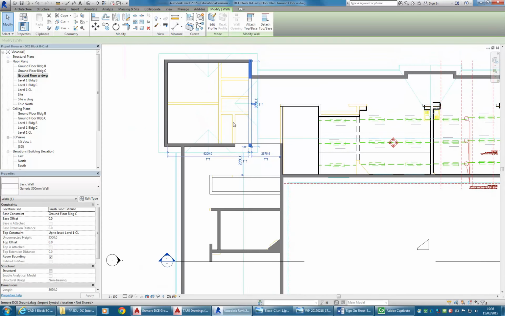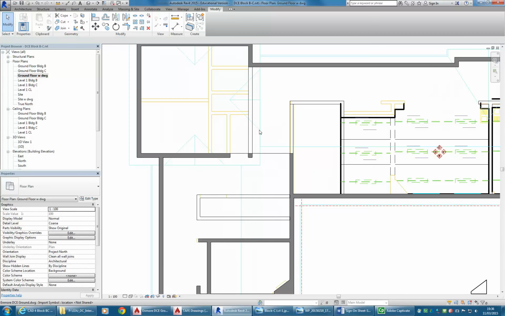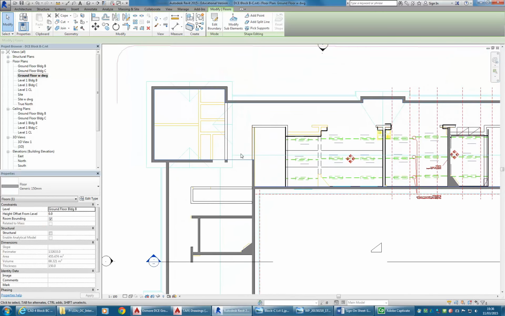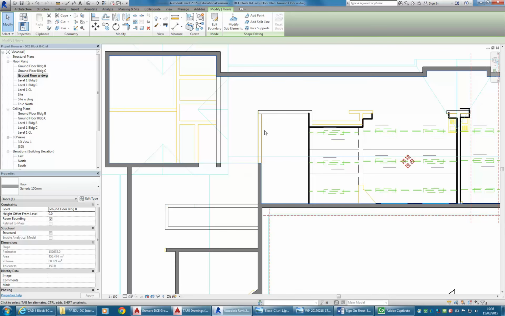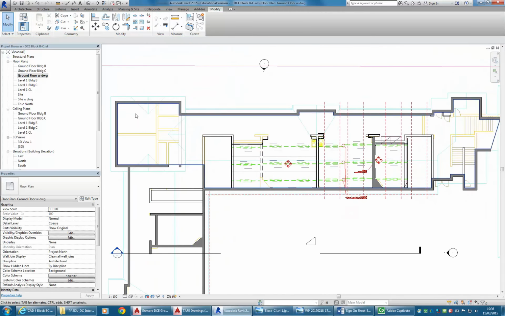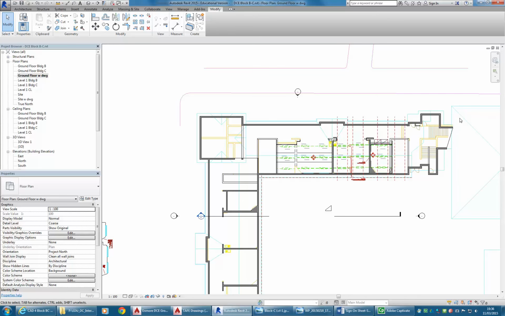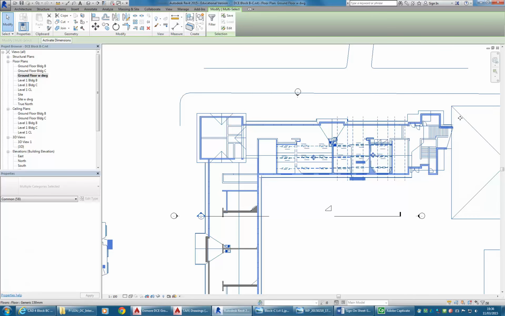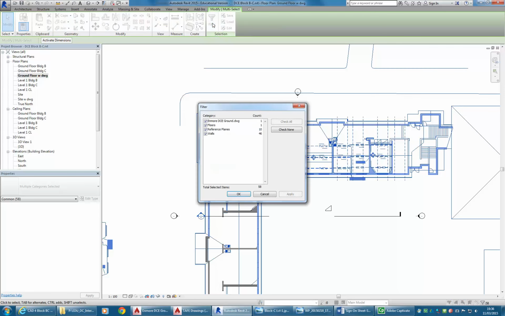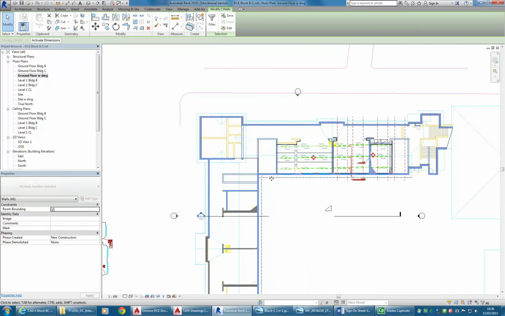And so you can see again this wall's displaying a bit strangely, but I'll have to check there. I think it's because the floor there is, or the walls, sorry, are stopping at the floor. So if you find that happening, a quick way of fixing it is just to select all of those walls with a crossing window. So I'll just select that whole area, and then I'm going to use the filter option, check none, and then turn walls on only. Click OK, and